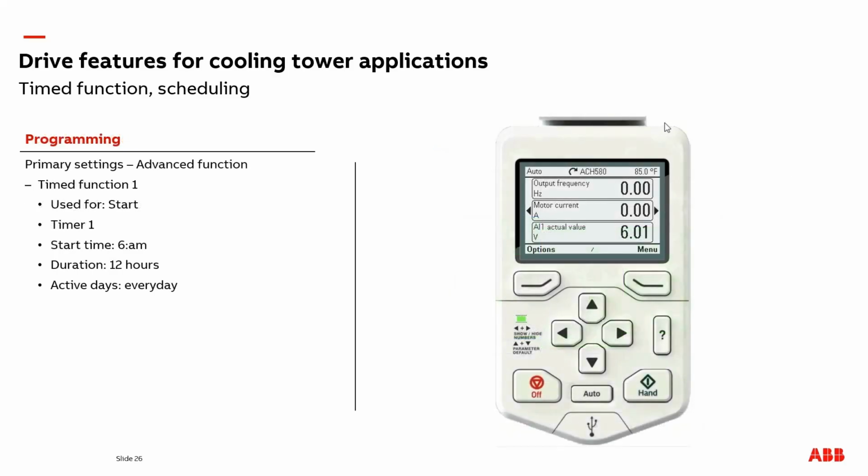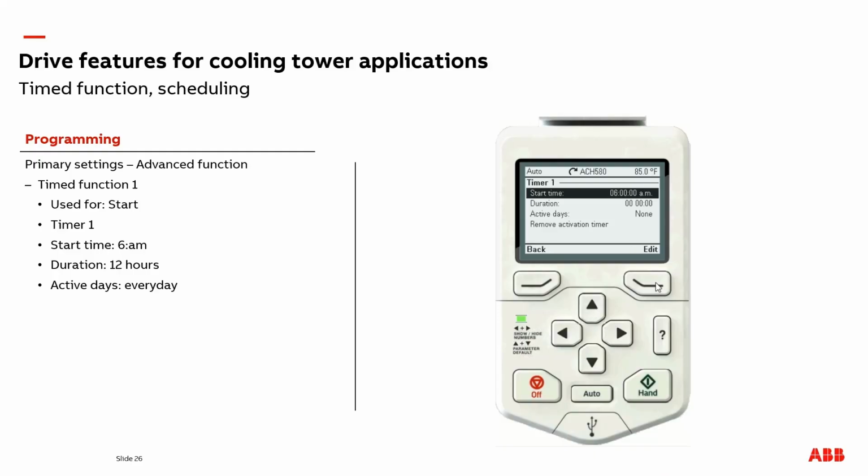To enable the timer functions for use in changing applications, scheduling standby modes, rotation and multi-drive setups, you can find them in the primary settings and advanced functions. In this quick example, I'm just going to set up one timer to be used for starting the drive and/or PID. Boost time can be used for a manual activation. I won't cover that. For timer 1, I'm going to set up the start time